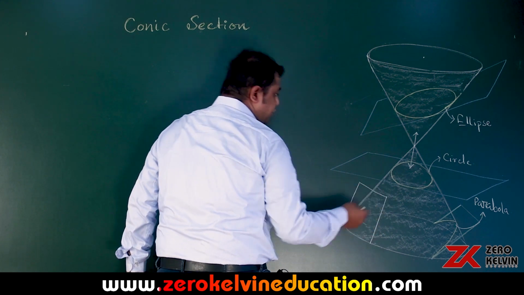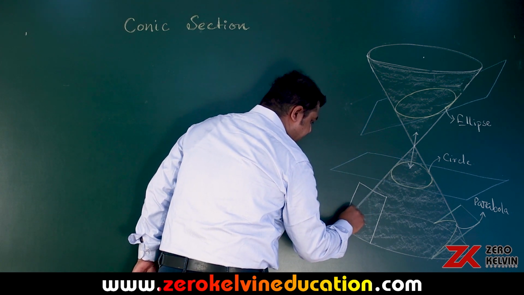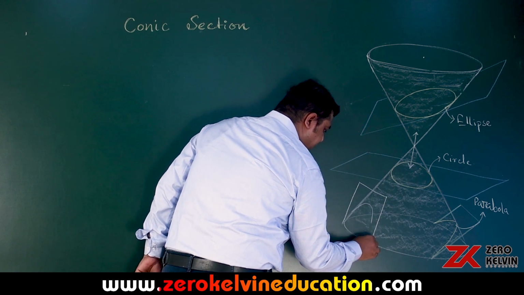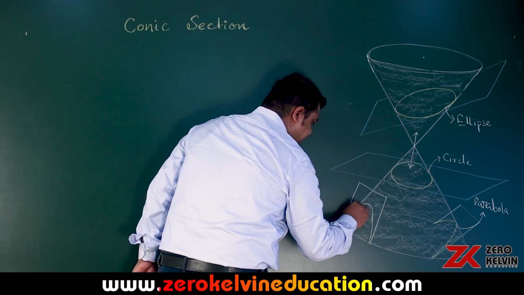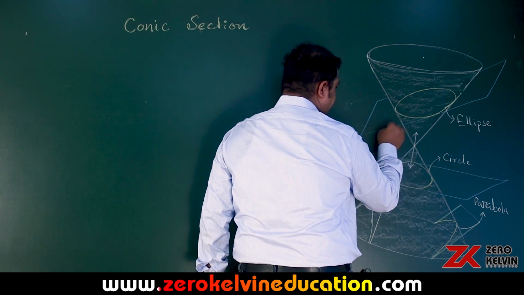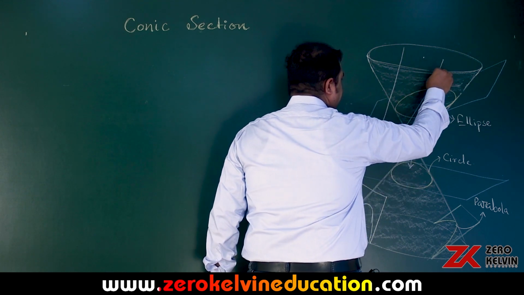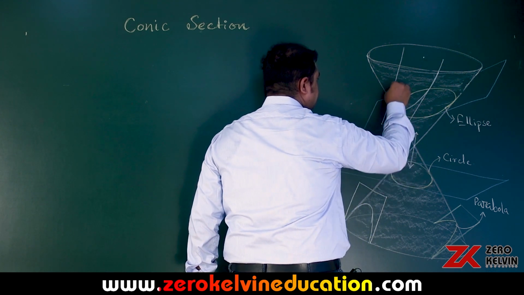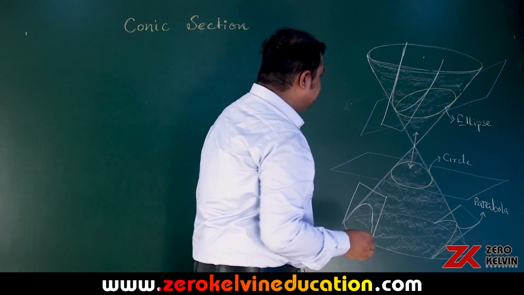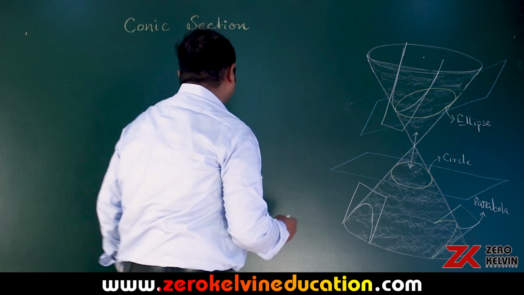Similarly, we can have a section in such a form, say we are looking for such a section which is also not parallel to the base, but the angle of the section is such that we are getting curves generated from both the cones. Like on a similar angle we can have a section from here generating such a part over here. So, in these two branches, what we are going to describe is a hyperbola.